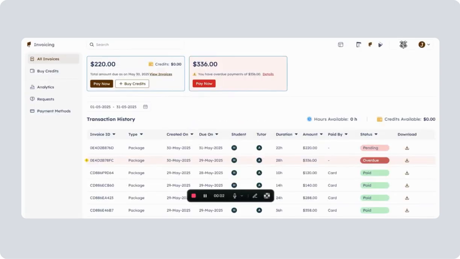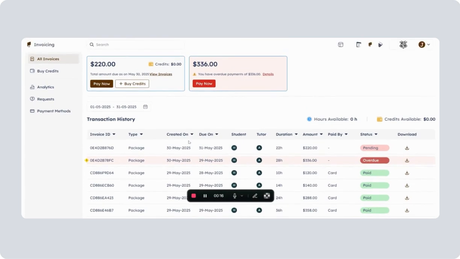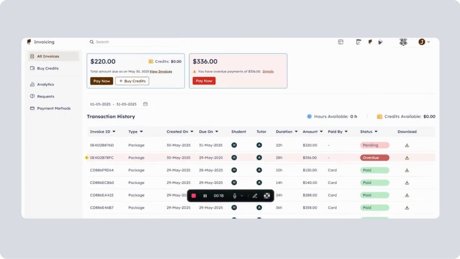If an invoice has been generated and sent to the parent by the admin and that invoice has crossed the due date of payment, those invoices would come under overdue invoice. So now you can see that the parent would be able to see all the overdue invoices in the table in this kind of a highlighted format.